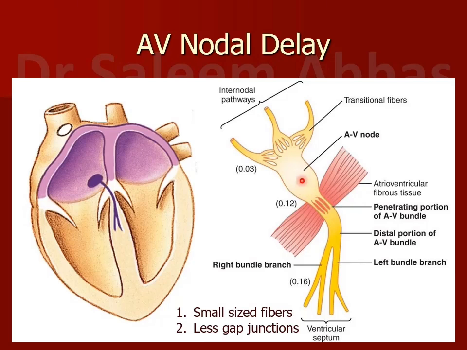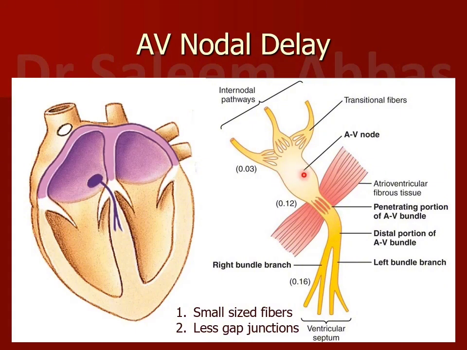Since the diffusion of ions cannot take place rapidly, because of the high resistance from small diameters, the diffusion takes place very slowly, and this slows down the transmission of the impulse. The second reason for this slowing down in the AV node and the bundle of His is that they have fewer gap junctions. In this part of the heart, the number of gap junctions is